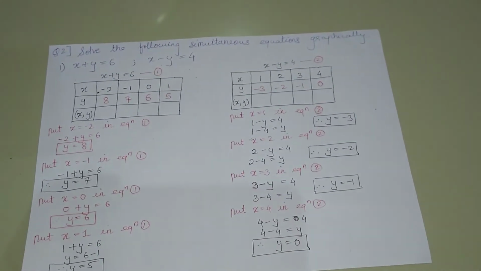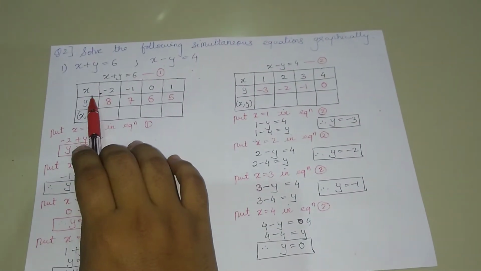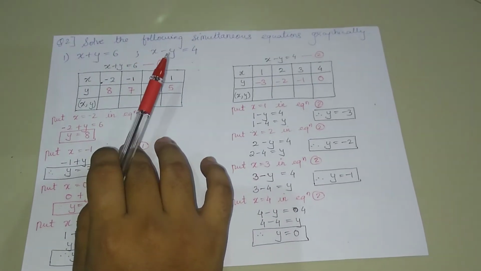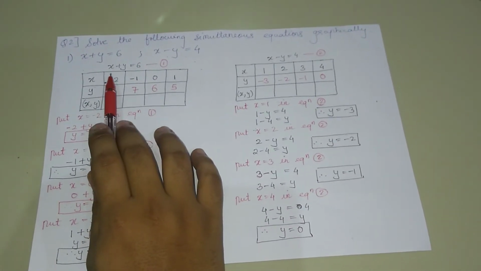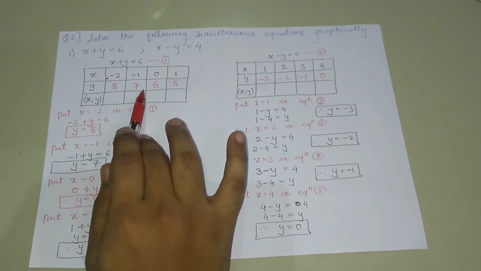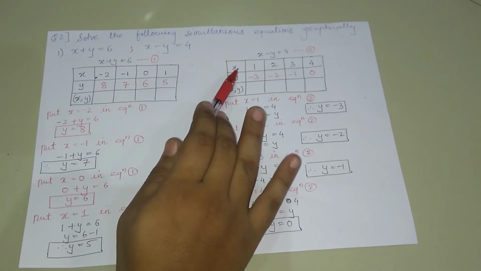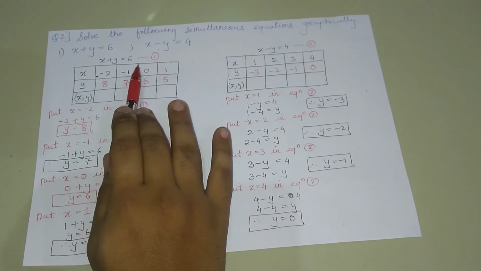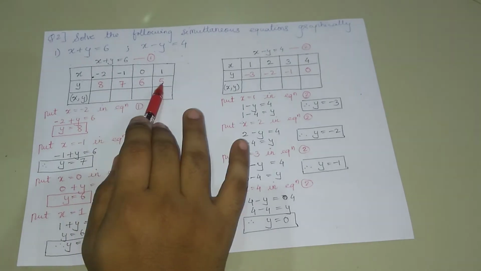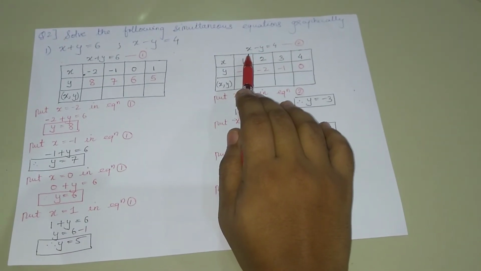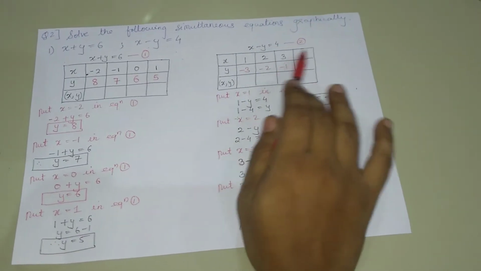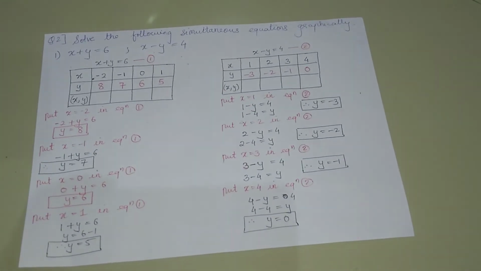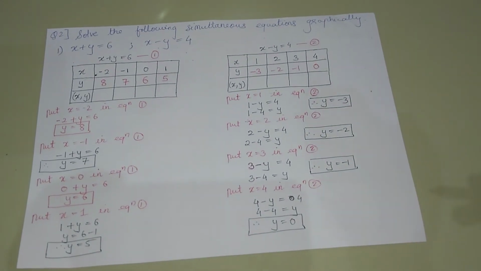Okay, so now in this x comma y, we have to find the 4 ordered pairs. Okay, so how will we find the 4 ordered pairs? As I have told you, we can take any value of x and we can find the value of y. So I have taken here -2, -1, 0, 1 as x, and I will be finding the value of y. Okay, and I have taken here the values of x as 1, 2, 3, 4. We can take any, whatever is suitable for you. Don't take much bigger values like 10, 11, 12. Don't take them, because we have to plot that on the graph also.